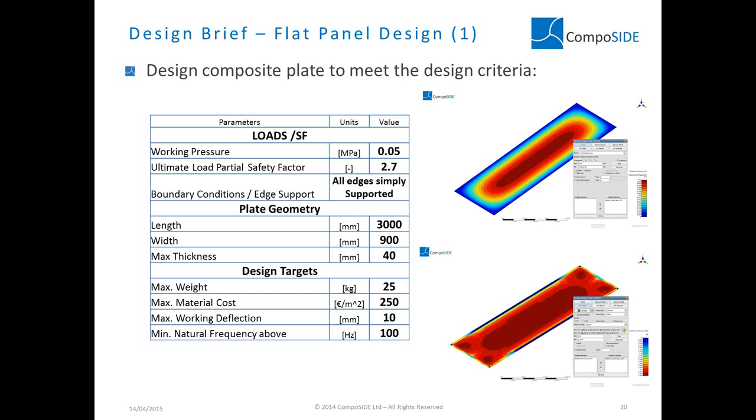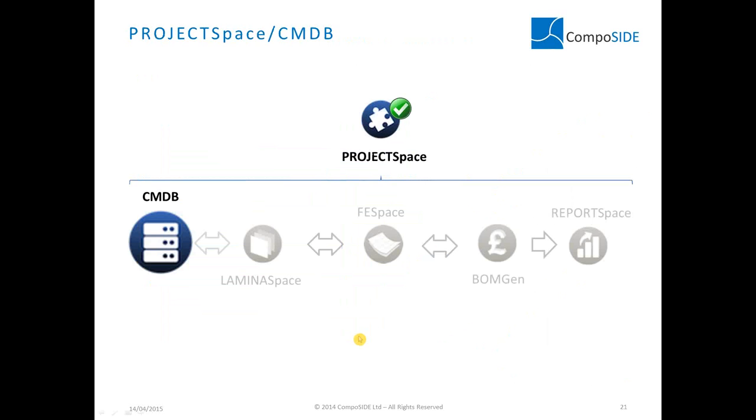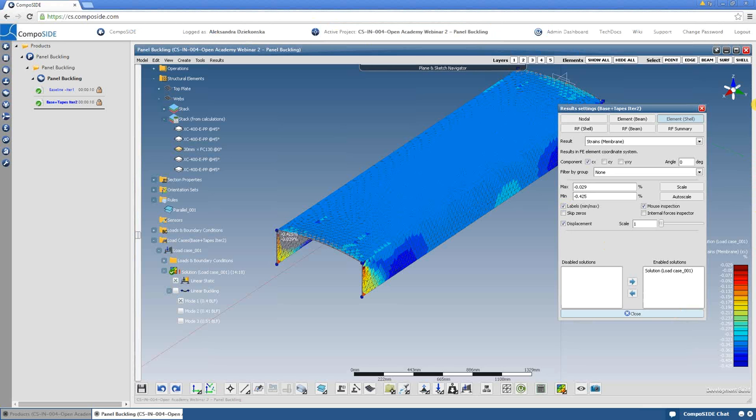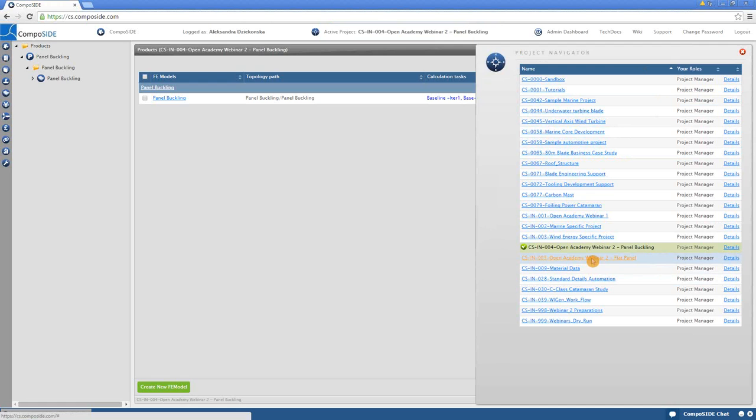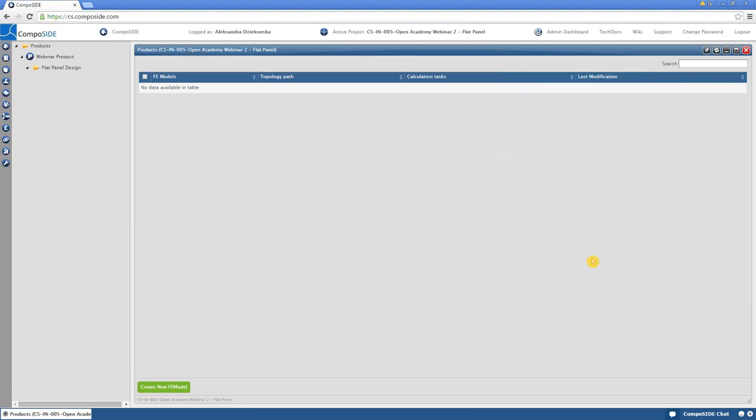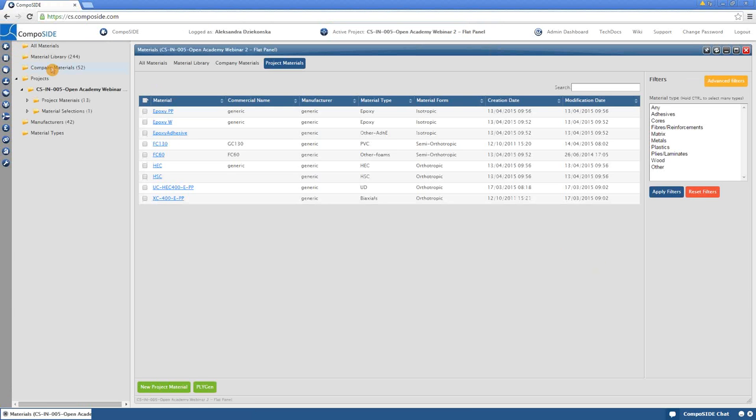Yes. Now Ola is going to go to the platform, but before we go, normally we start with CMDB. We've prepared it for you, so Ola is going to present the elements which have been prepared already. So first we have to change the project. Because we decided to run this panel as a separate project, Ola is going to select the project in the project navigator. Now she's going to the module which is called CMDB, and here you can see that we have project materials already